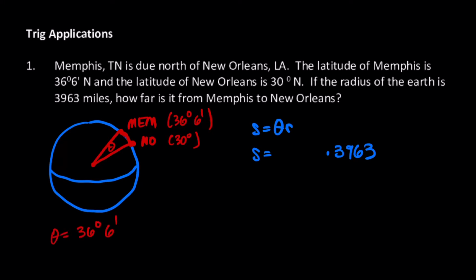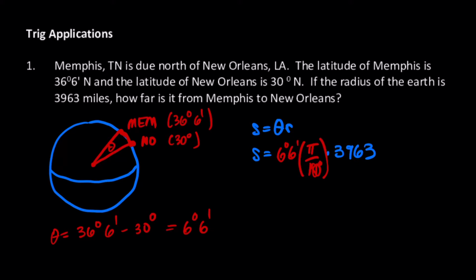36 degrees 6 minutes. I know you can do this in your head, but just for future reference, you subtract those and you get 6 degrees 6 minutes. So that's my theta in degrees. Don't forget, we need to convert it to radians, because in order to use this formula, that has to be in radians. I'll multiply that by pi radians over 180 degrees